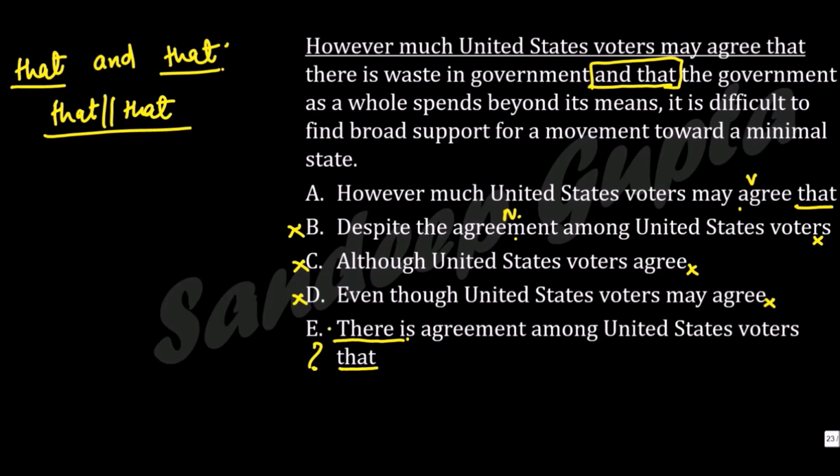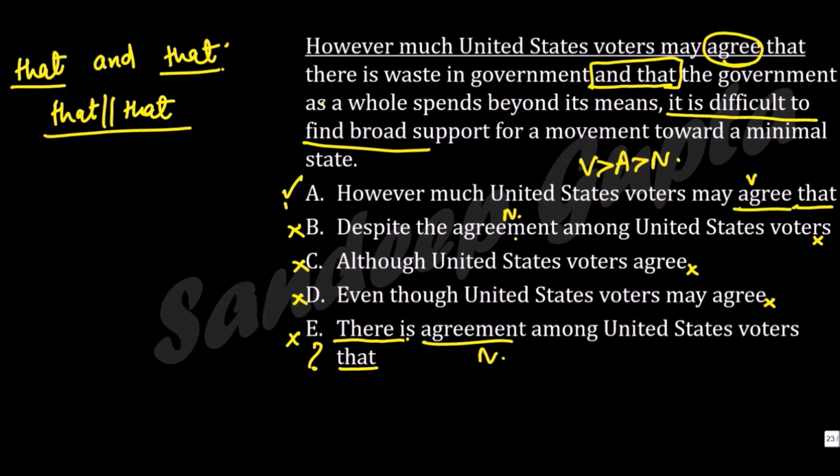Now let's see between A and E. Let's see, do we really need this contradiction? So let's see, it is given people agree, may agree, and it is difficult to find support. It's a very strange thing. If people agree, it should be easy to find support, not difficult to find support. So in this case, the two ideas given in the two parts of the sentence are contradictory, and that is why we need a contradiction word. The contradiction word is missing here, so this answer will also be wrong. There are other things also. You can see verbs are preferred to adjectives, adjectives are preferred to nouns. So this is a verb form, this is a noun form. Clearly the GMAT will tilt towards A.